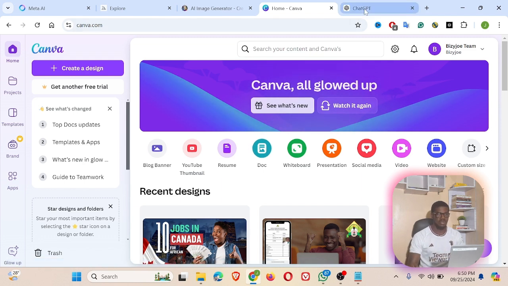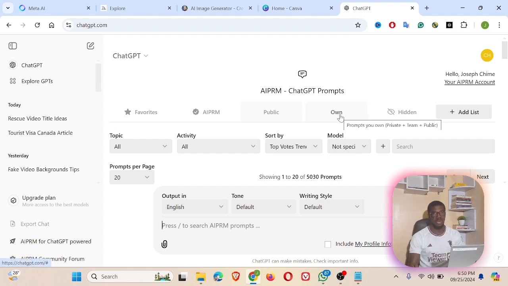Then the last but not the least is ChatGPT. Why I put ChatGPT here is because it will help you to generate your prompts. They also have a ChatGPT extension that I can use to generate images, but I would like to use ChatGPT to generate those prompts. So what I would ask ChatGPT is that I need